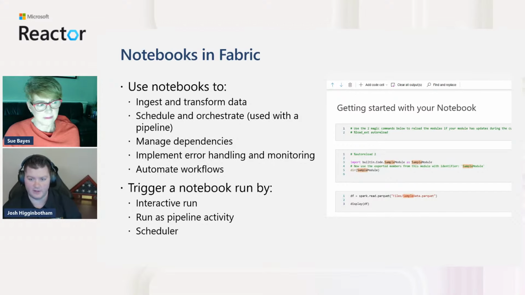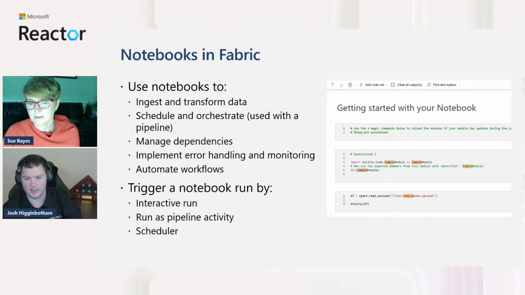And if an event occurs, what do we want to do about that? Do we want to trigger a function that then sends out an email? It triggers another notebook to go do something, whatever it may be. And then there is a monitoring pane, just like what Sue talked about a little bit earlier around monitoring the run of a pipeline. We can go in and we can see the history of the run of this notebook